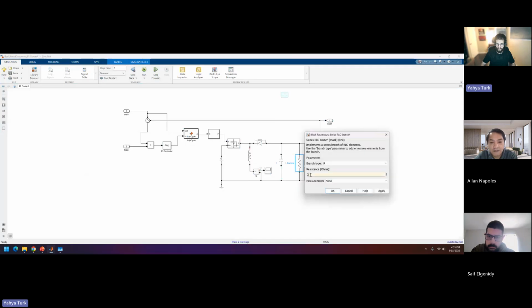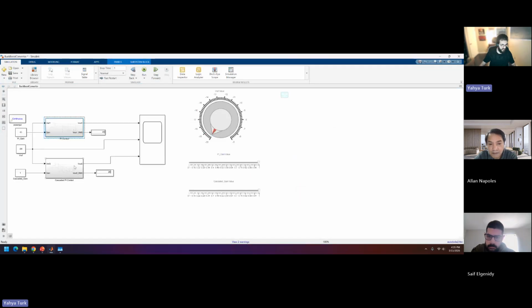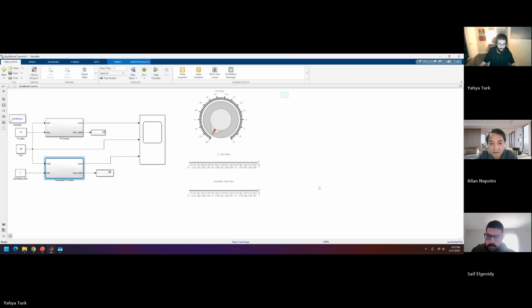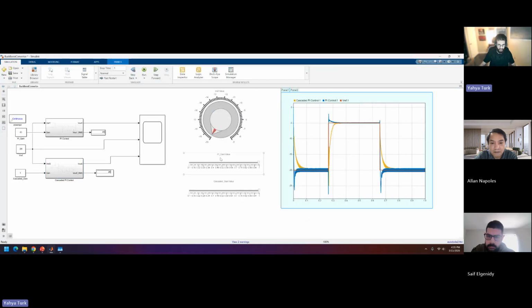So if we increase our resistance to the maximum rated value of 200 ohms, we have to retune our controller. So we have a tuner gain slider for each controller, and what this does is allows us to quickly retune the PI system while maintaining the ratio between the I and P values. So if we run this,